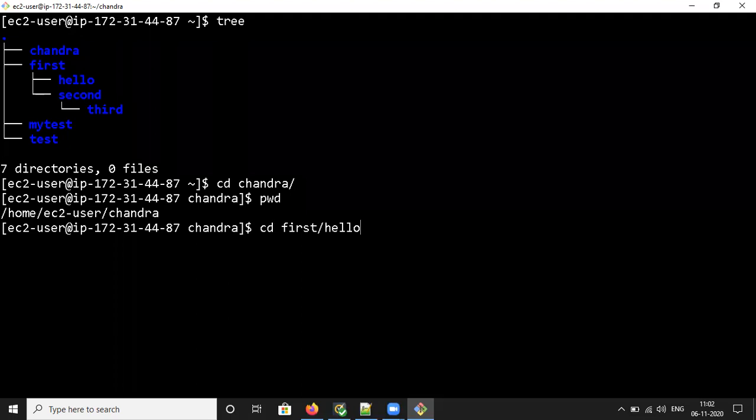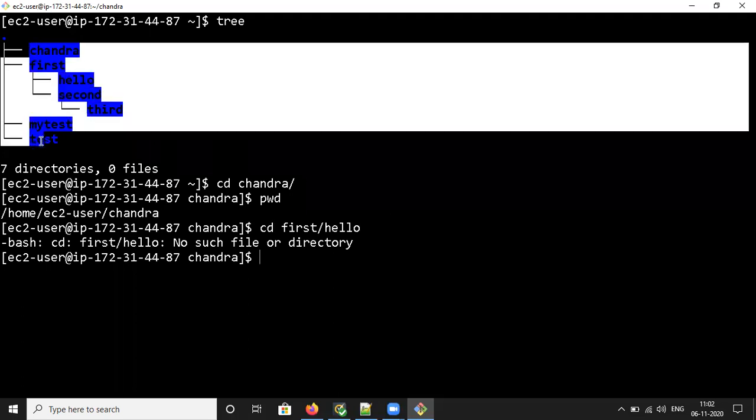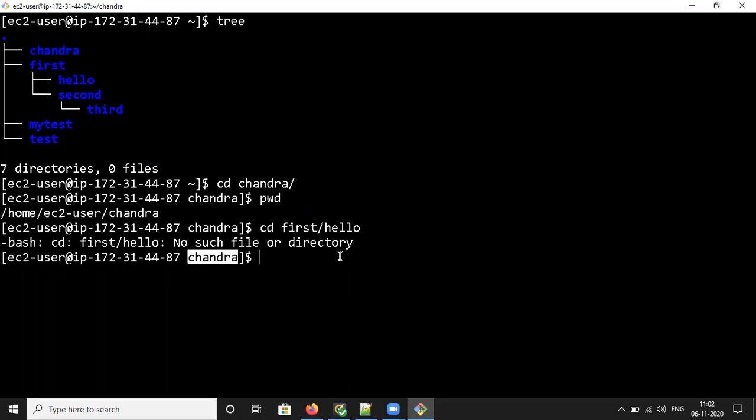For that you get 'no such file or directory'. Please make sure this one is more important. If you are in the parent directory, only if the directory is inside that directory will it get inside. Otherwise, you have to come back using cd dot dot. So it comes back to the parent directory.